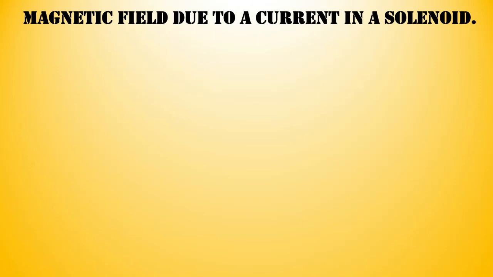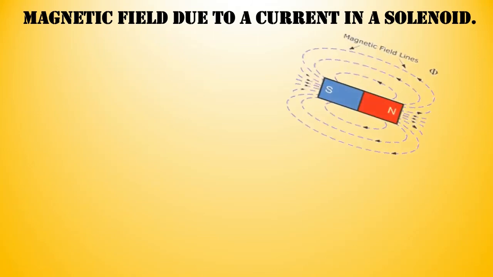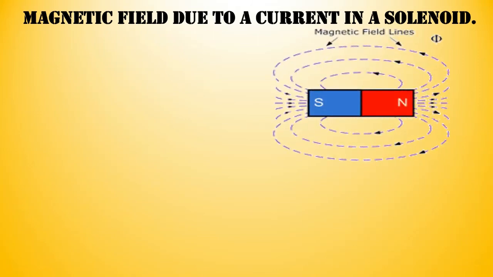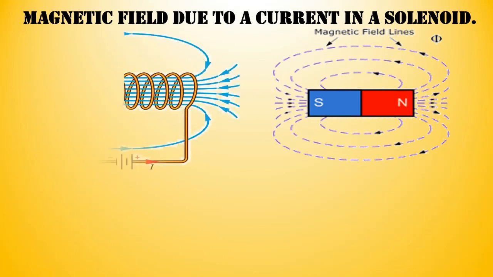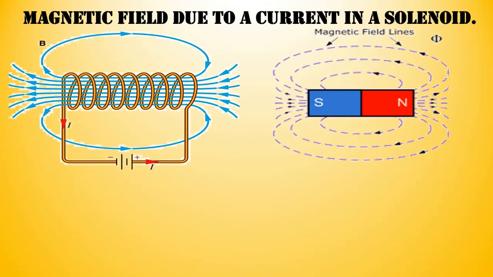Now what is a solenoid? A very simple concept. If you remember, I told you that I'll be showing you about magnetic field lines. Now if you place a bar magnet and place iron filings around it and tap it, you will notice that this kind of field lines are formed around it. You have learned this in your 8th standard. So this is nothing but the magnetic field lines. This helps us to understand how this coil that you see is nothing but the solenoid.